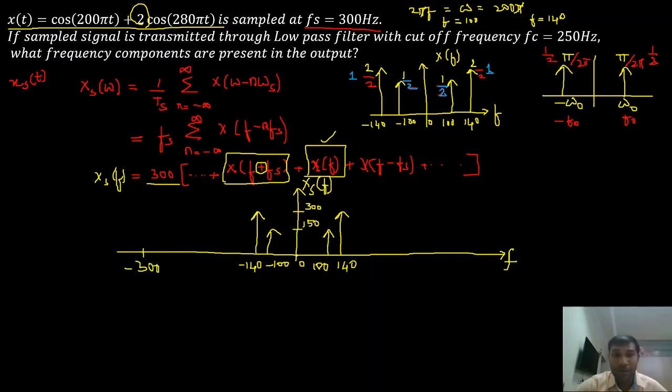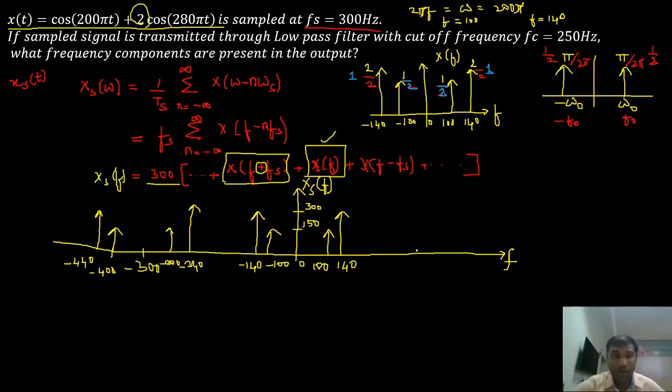It is 0. And here minus 100, so minus 100 minus 300. So I have to go till minus 400. Minus 400 is where I have what I had at minus 100, and similarly minus 440, and then 100 minus 300. So at negative 200 I have another impulse, and at negative 240.